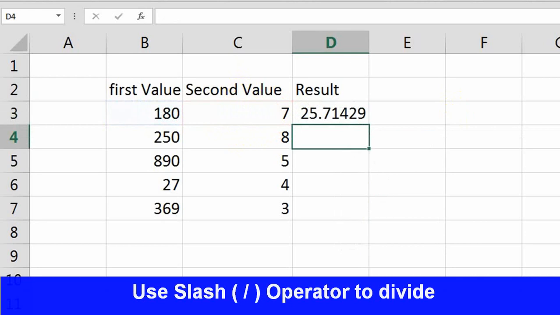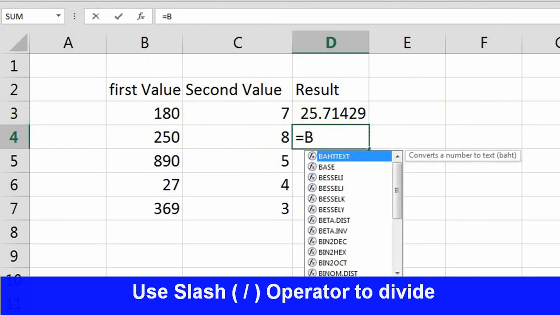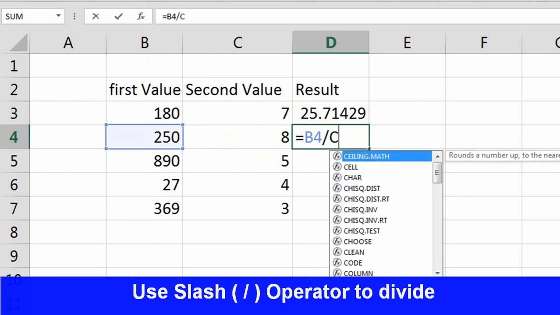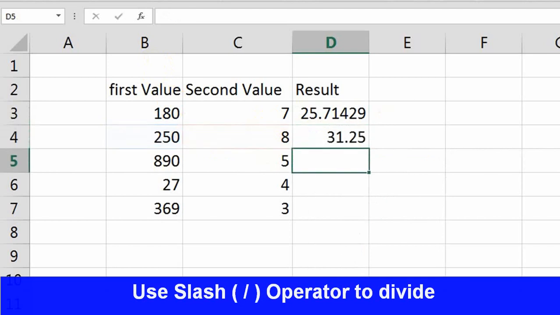Press enter. Now the value has been divided. 180 is divided by 7. Okay. Similarly, equal to sign, B4 slash C4. Press enter. See, the value has been divided.